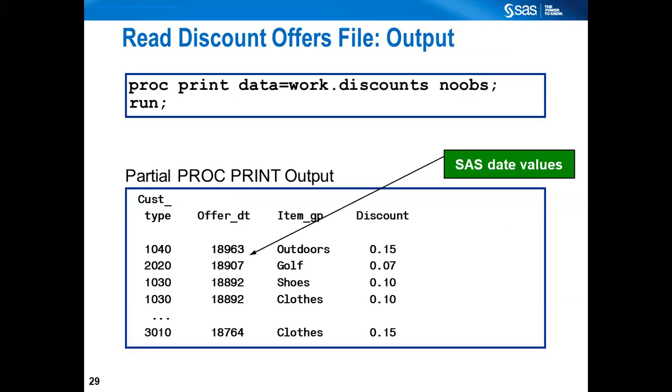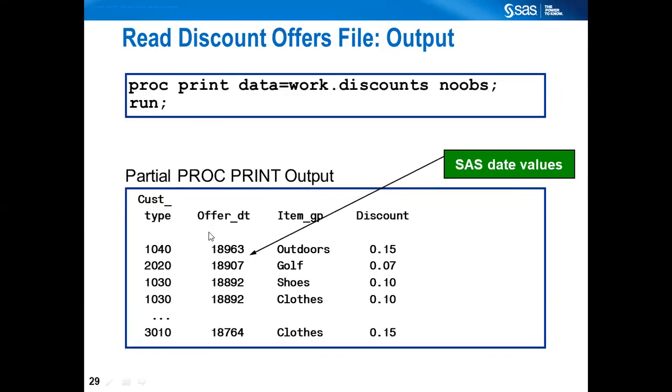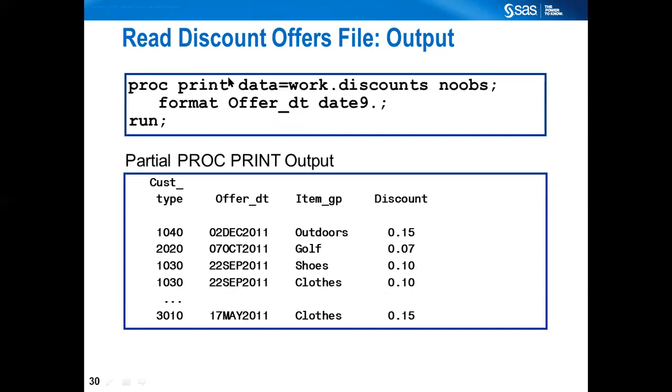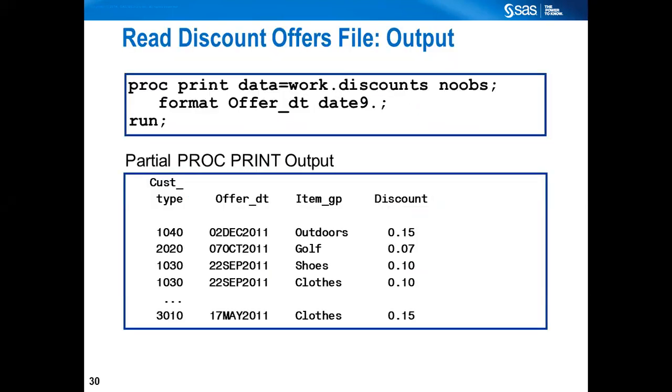All right. So when you see the proc print, we had simply read this data. There weren't any instructions on how to display the values. Hence, by default, the original data is seen here: the date is saved as a SAS date, which is a number of days, and this is the discount, which is in simple numbers. But if you apply a format in proc print, the same data in your report will apply that format. Got it? Any questions here?